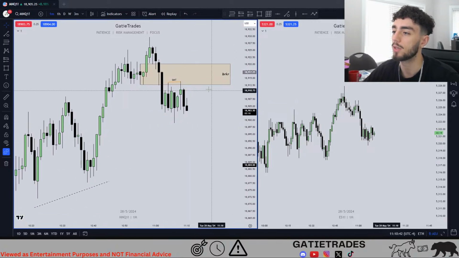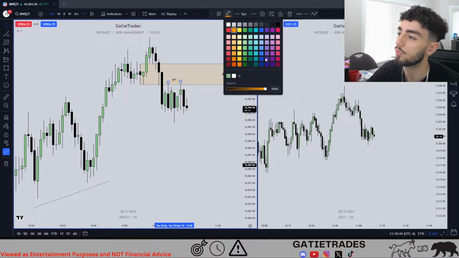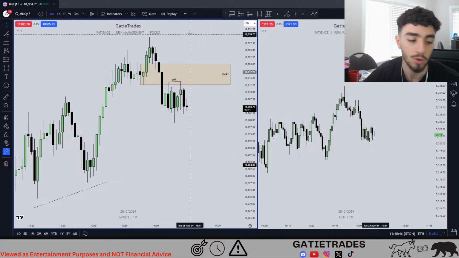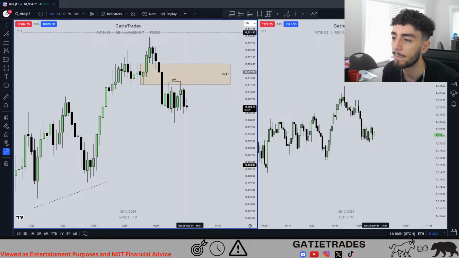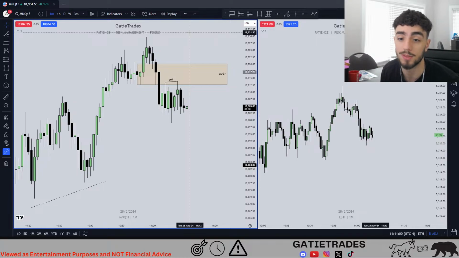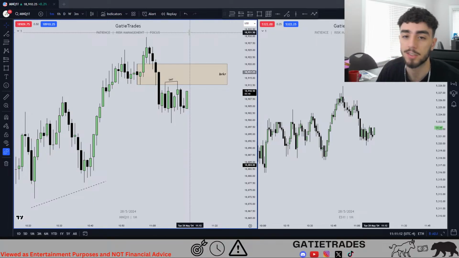The only thing about next day model is it's good to tell you where price is likely to go. The thing about it is, for example, let's say you think price is going to take previous day high next day, and it does. It usually does that during London session. That's the issue, is what I noticed. By the time I wake up and I start trading at 9:30, previous day high or low has already been taken, right? So it's good for bias, and I definitely use it. Daily closures is very important, and it works a lot of the time, but it's not necessarily a strict daily bias.